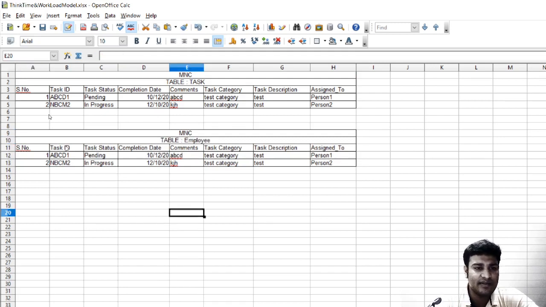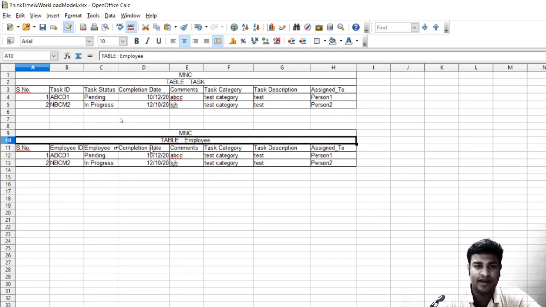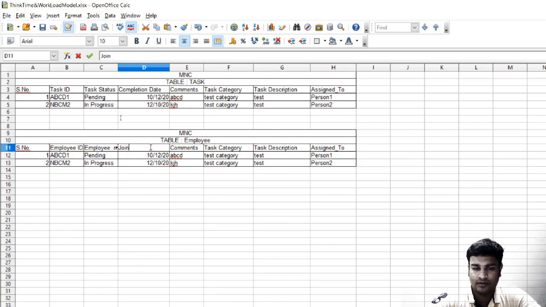And now they will have the employee ID. Then we will have the employee name. Then maybe joining date. Then maybe address. Then maybe we can have marital status.